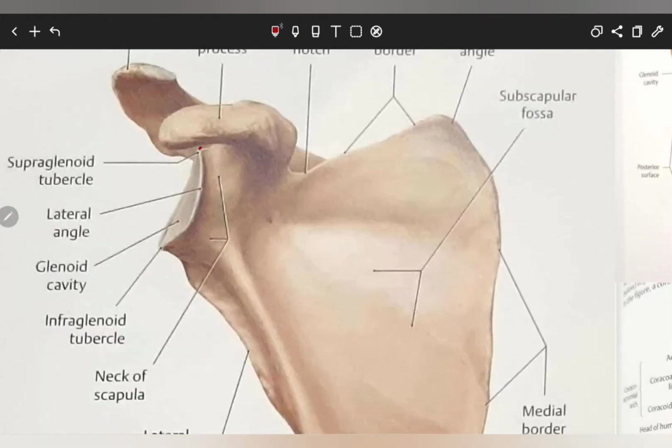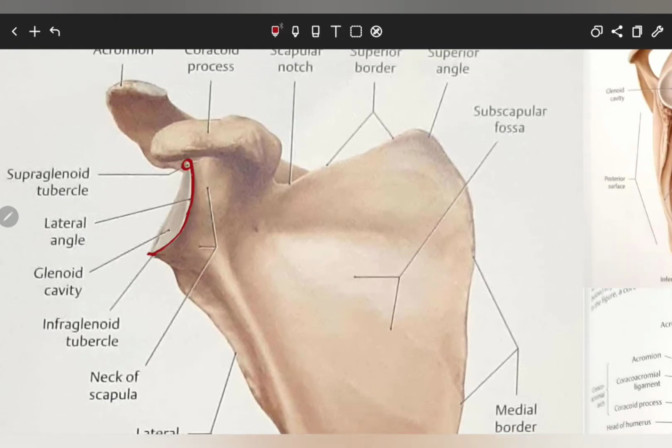So you can see here, this is the supraglenoid tubercle, and this is the glenoidal labrum, that is the lip of the articular surface, that is the glenoid cavity. So arising from the surgical neck of the humerus, the capsular ligament just attaches beyond the supraglenoid tubercle like this. It attaches beyond the supraglenoid tubercle to that of the scapula. In this picture, I am just showing the medial attachment.